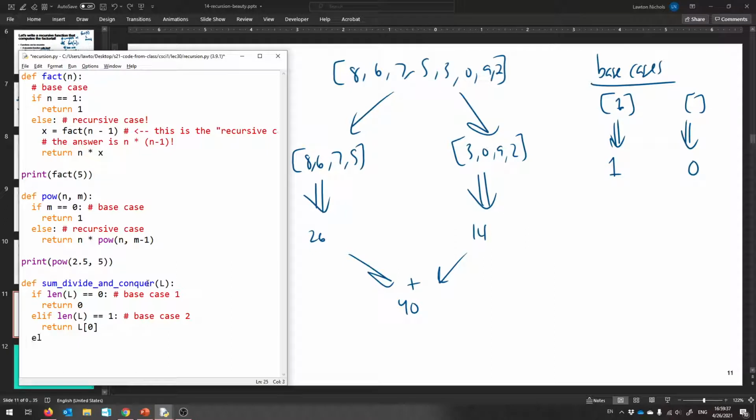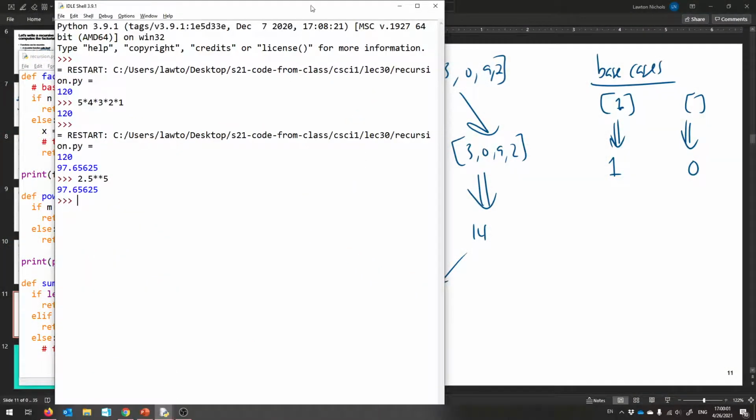And then else. Else, this is finally the recursive case, and this is where fancy stuff needs to happen. So we're going to divide. Divide so that we can conquer, okay? First, we need to divide the list into 2 halves. Now let me show you how we can do that. That's a neat little trick in Python